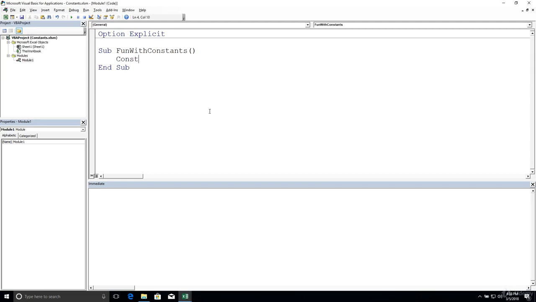So one example of a constant that I can think of is pi in mathematics, which is 3.14159. That value is unchanging. So if we're going to have a variable called pi, there's really no reason to ever reassign anything besides an initial value to it. So I can do something like const pi, and let's say I'm going to make it a double, a floating